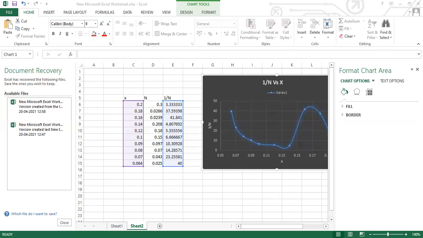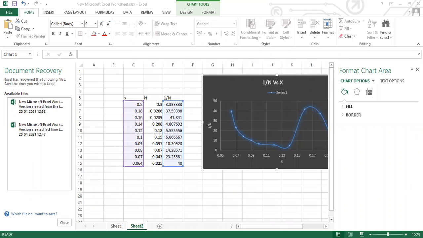It's 2 multiplied by 10 raised to 3 seconds. Here 1 divided by n multiplied by 10 raised to 3. So this is the 2 multiplied by 10 raised to 3 seconds, the time required for drying in the